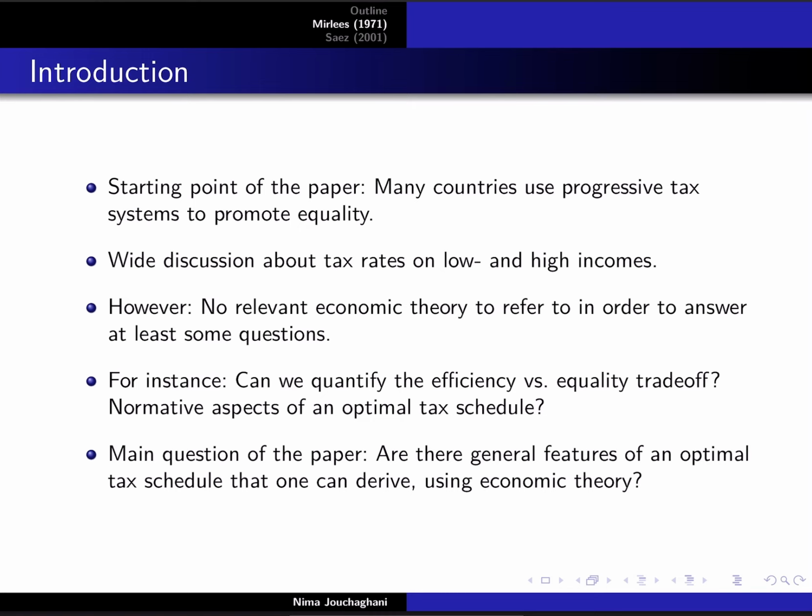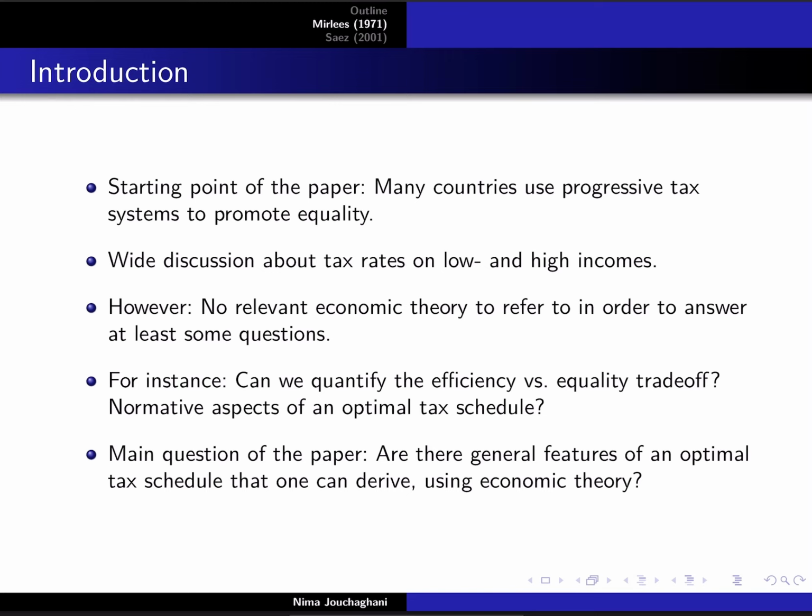By the time there was a wide discussion about tax rates on low and high incomes when it's about equality. Intuitively, one would say if you want to have equality, you should have higher tax rates or higher marginal tax rates on higher incomes. But the issue at the time was that there was no relevant economic theory which people could refer to in order to answer some of the questions that you would ask yourself when it's about